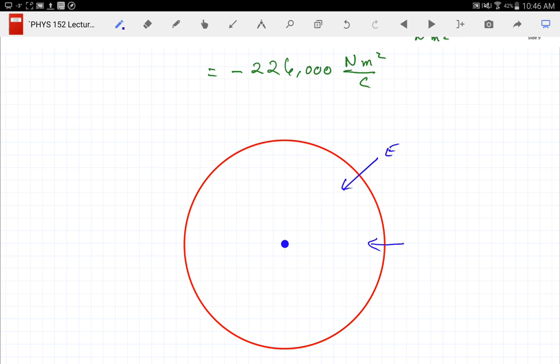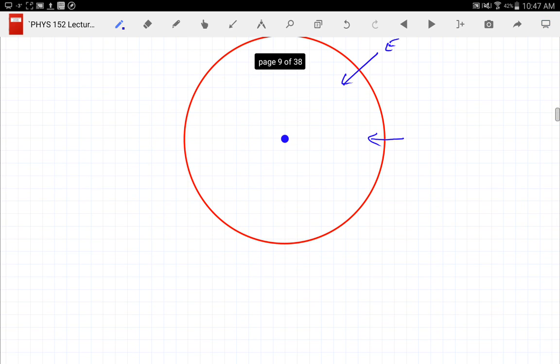What about the strength? If I'm the same distance away from the charge, how is the electric field strength going to vary? It shouldn't. It should be constant. So the electric field is always going to be normal to the surface and constant strength. That makes my calculation easy. Normal to the surface means that my theta is 0. So the flux